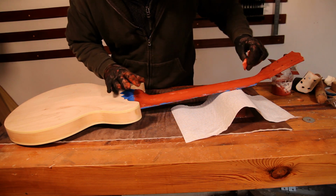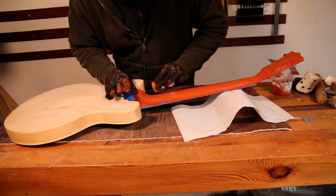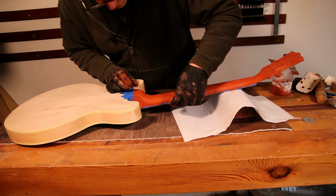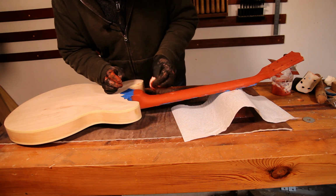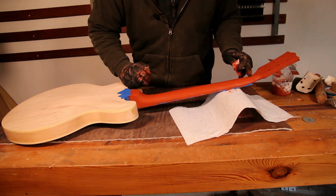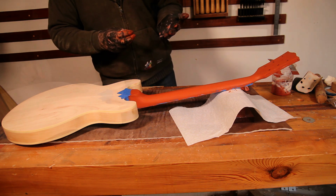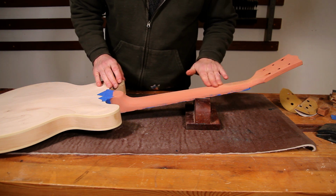And now I've got that all covered, I'm just going to use a damp tissue, and again kind of going at 45 degrees to the grain, and I'm just taking the bulk of this off just to save on sanding time. Right, and I'm just going to leave that to set up for a couple of hours and we can get sanding it off again. Okay, so that's nice and dry now, and it has dried quite an alarming pink colour,